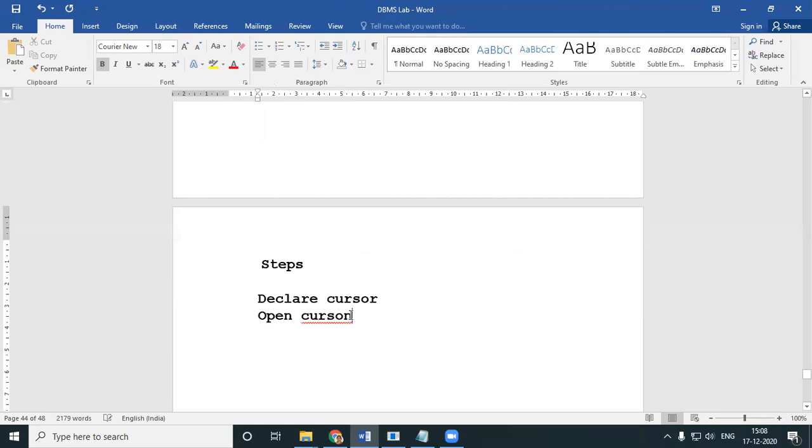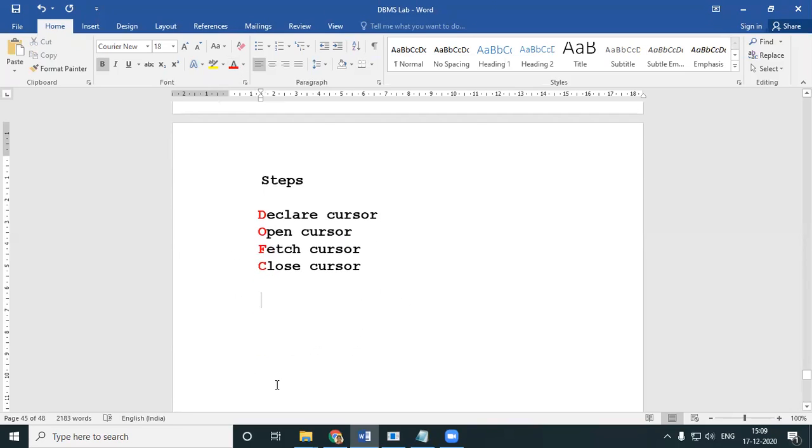You have to declare the cursor, open the cursor, fetch the cursor, and then, of course, last, you have to close the cursor. You can think of it like this: D O F C. DOFC. Declare the cursor, open it, fetch it, close the cursor. So whenever you do cursors, you should have all these 4 things.